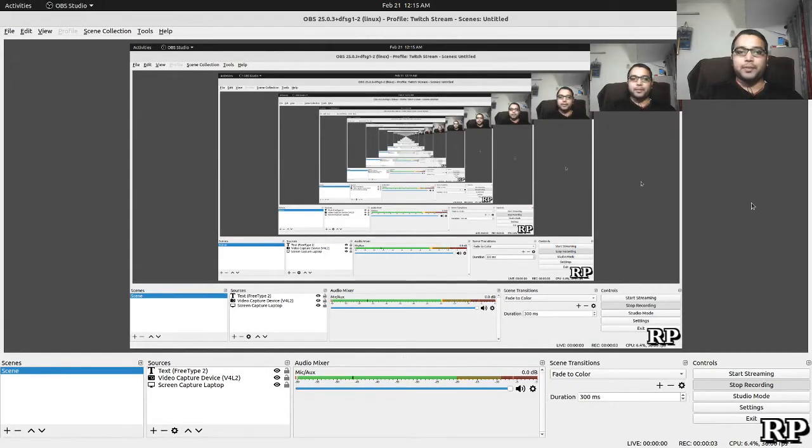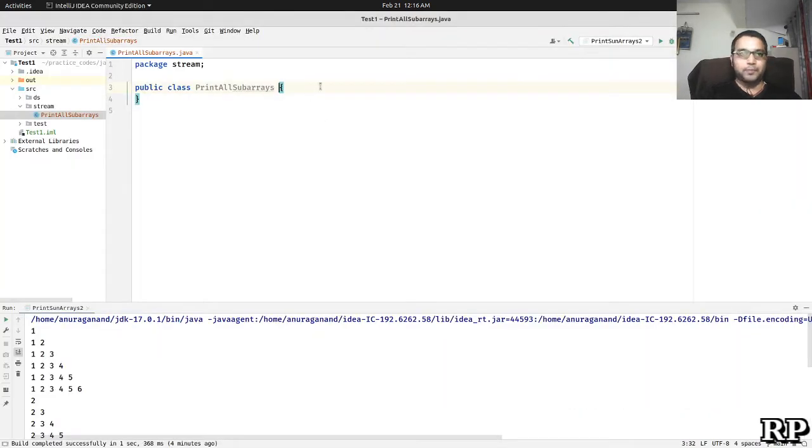Welcome back. In today's stream I will be working on a solution of a problem where we are going to print all the subarrays of an array, in a sequence, all the possible subarrays of an array. That is the real problem. For example,